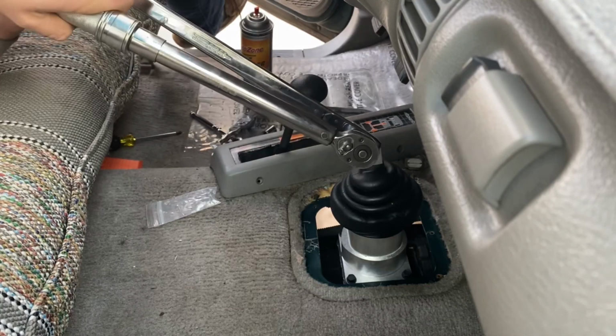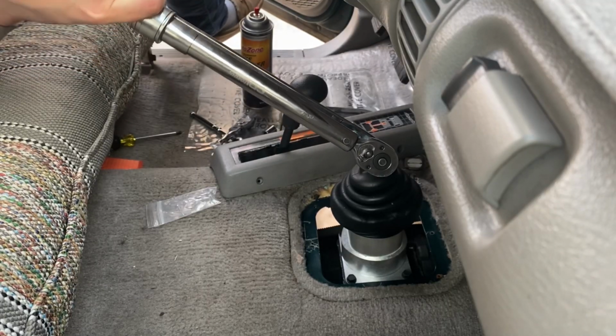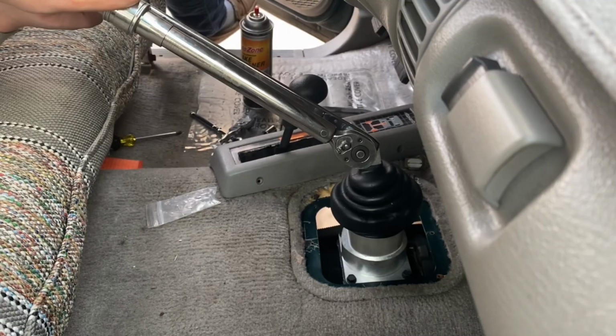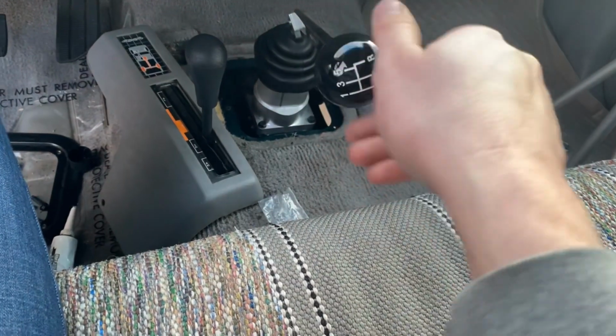There we go. Click, click. Make sure the other side clicks. Okay, always like to just go back and forth. Yep, we're good. Okay, obviously the installation is not complete, nor is anything tight, but